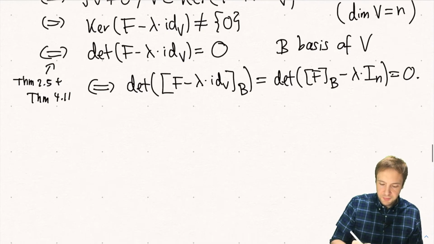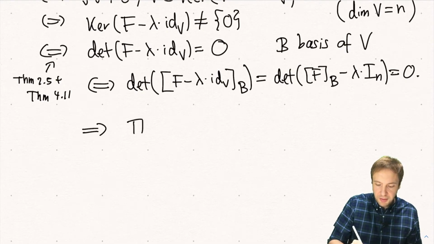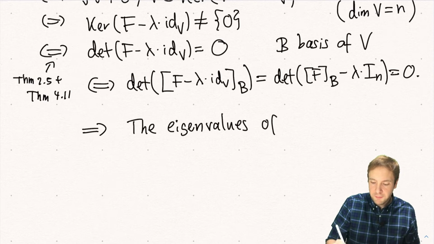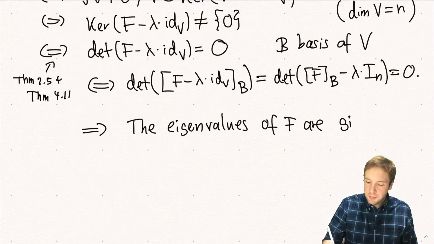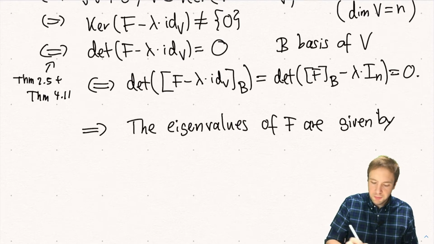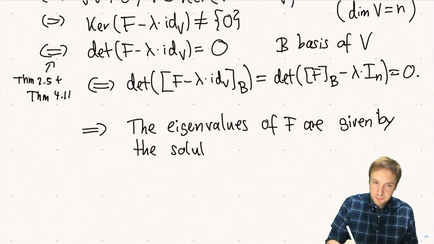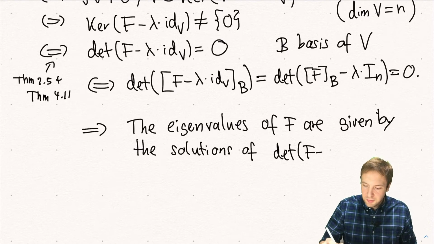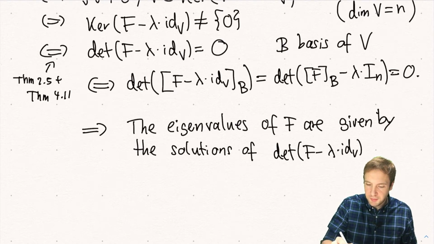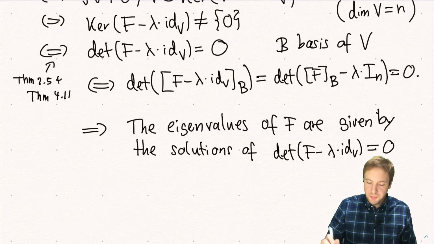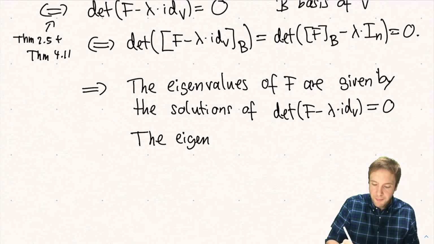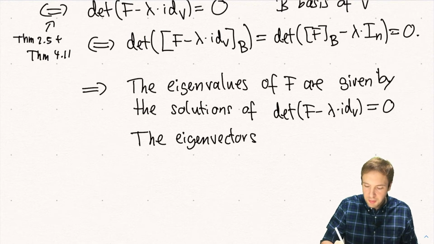But first, let's summarize this. So the eigenvalues of F are given by the solutions of this equation: the determinant of F minus lambda identity, which is the same as this here, is 0, and then the eigenvectors for such a lambda